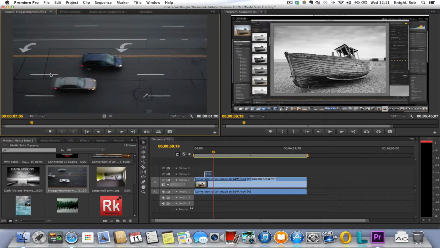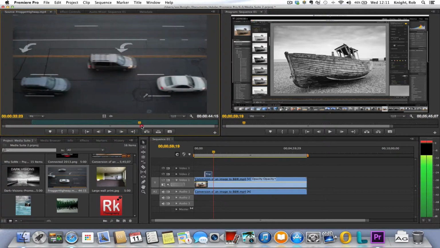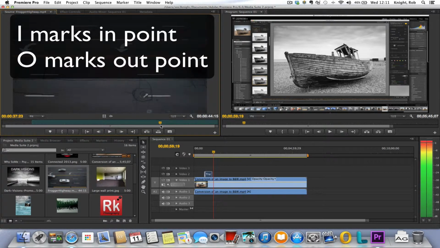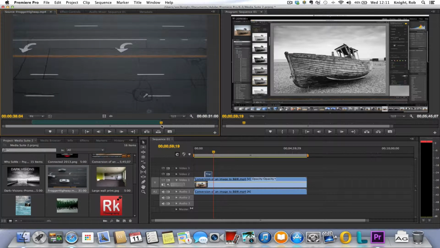So I'm going to mark my in point, use my scroll bar again to move along, and we'll mark an out point, I and O, and here we can bring across our video onto video line 1. Almost quite a simple process. We might decide that, certainly with this video, listening to the noise, that we don't want the noise on this one,